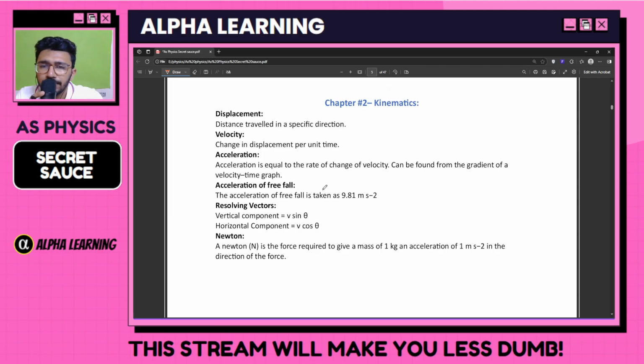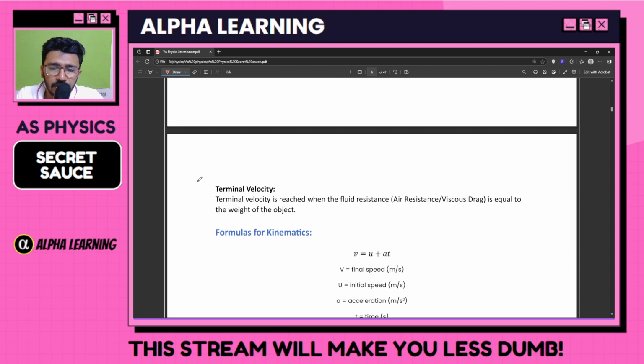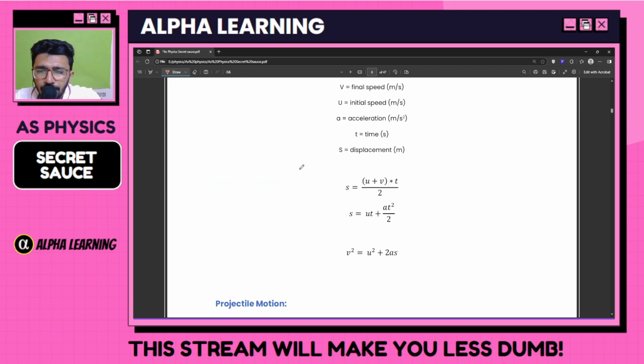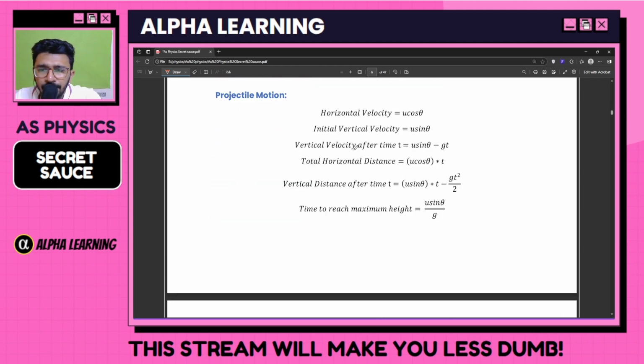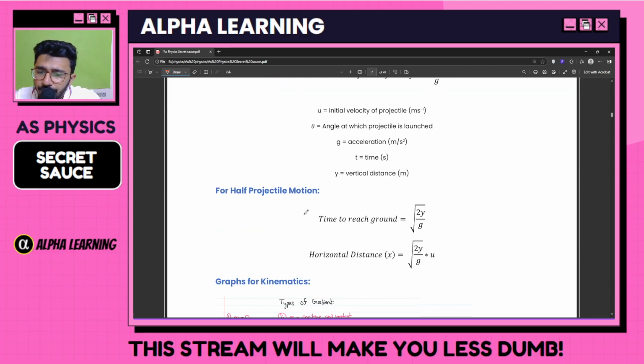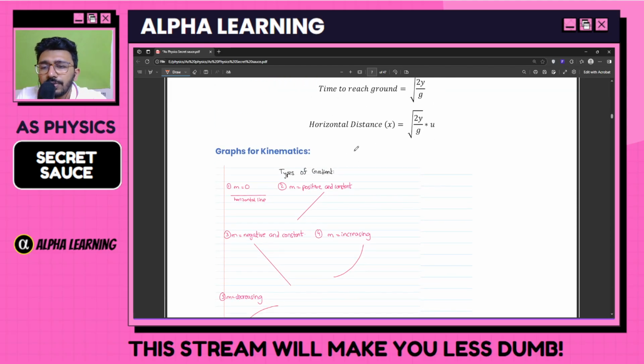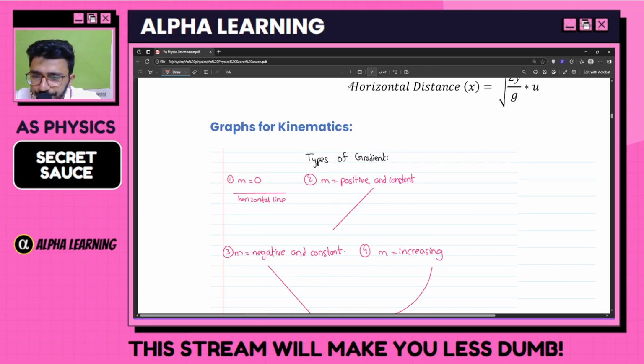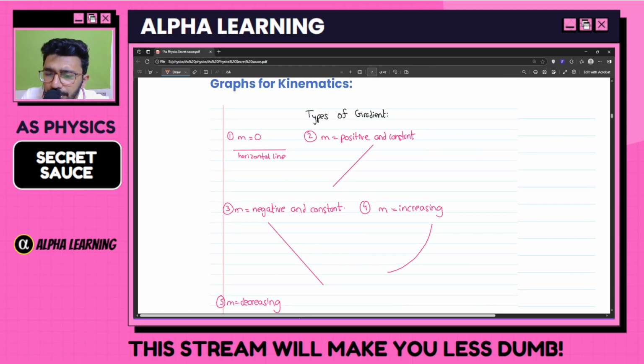Now, kinematics, you have some definitions initially. These are some definition of kinematics that you have. Then you have some formulas for kinematics as usual. Some formulas for projectile motion as well. Formulas for half projectile motion as well. Now let's move on to the graphs of kinematics. First of all, you need to remember that